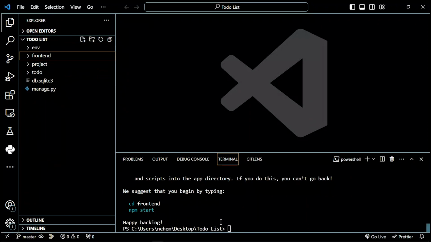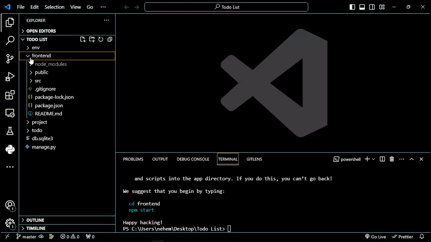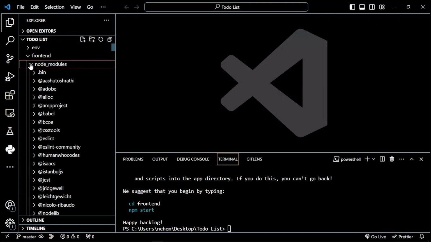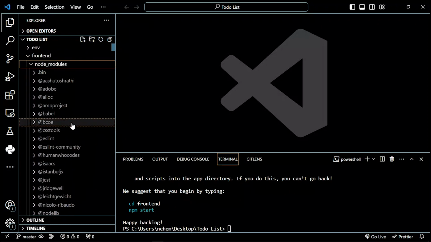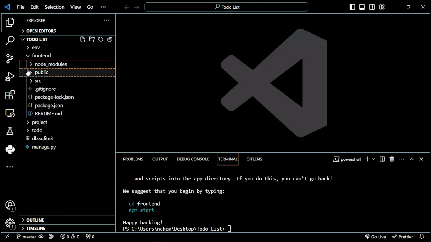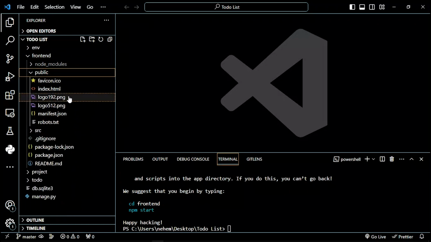So guys, I see the download is done, the installation is done, and in the front end you can realize that there are some packages here, folders, like node modules. These are the module dependencies for this project. And now we also have this public folder, where we have, remember, it's a single page application, so we have